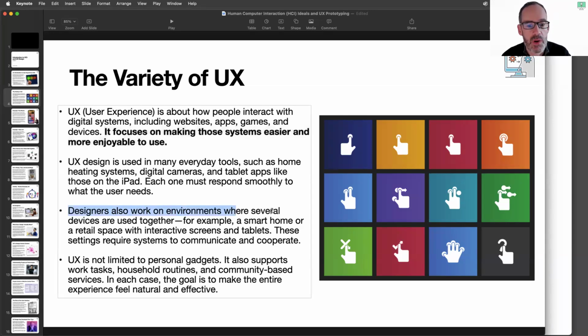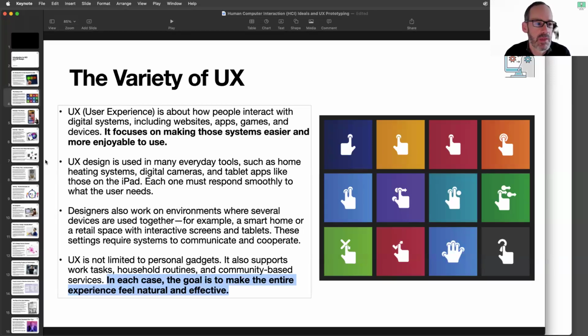Designers also work on environments where several devices are used. Yes, we've covered that. And UX is not limited to personal gadgets. It also supports work tasks, house routines, community-based services, but in all cases, the goal is to make the entire user experience feel natural, feel effective, so that the user can feel like they're using the system properly or that it's responding properly. So some examples: